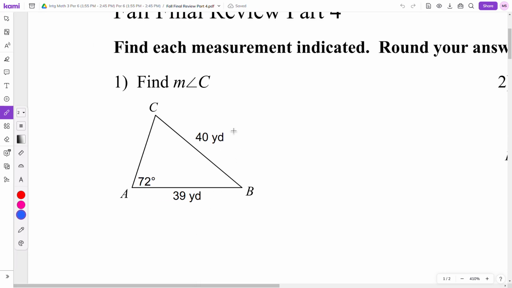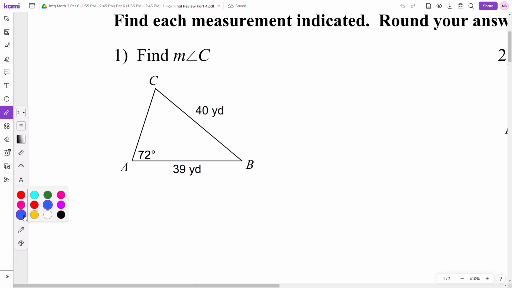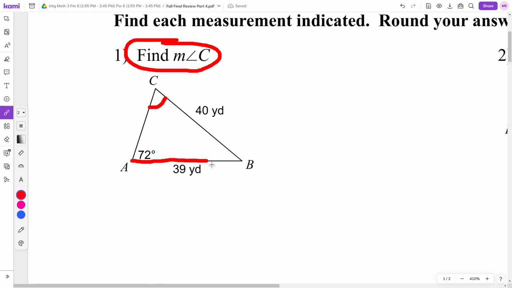We're going to look at number one first. And it's always important to look at what you have and what they want. What they want is, they say, find the measure of angle C. That would be this angle right here. I would just like to point out that it is opposite to this side right here of 39. And we also have this angle here, and it is opposite this side over here, which is a length